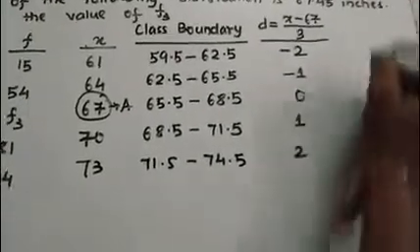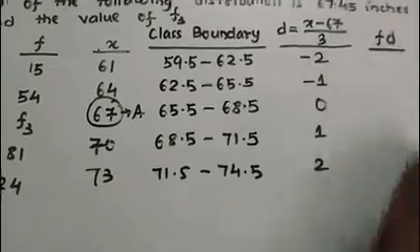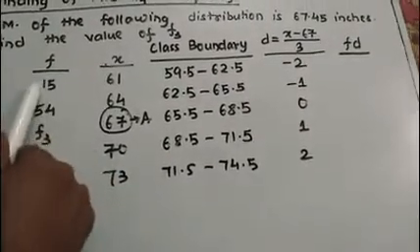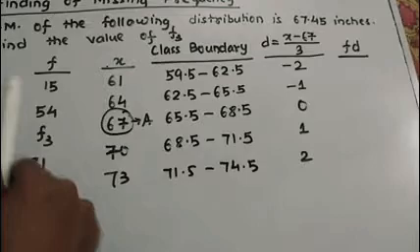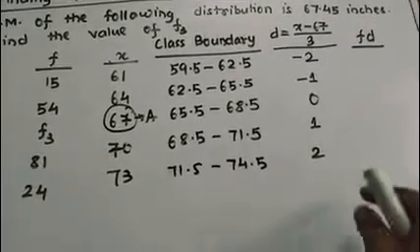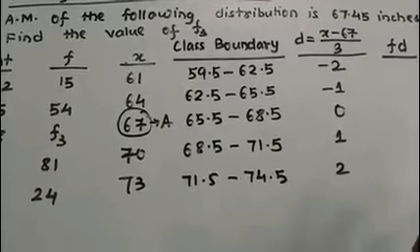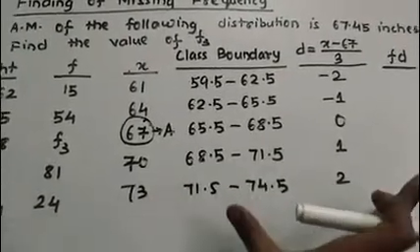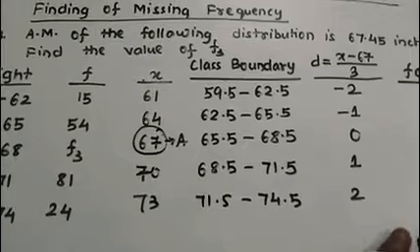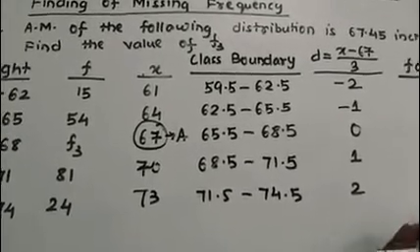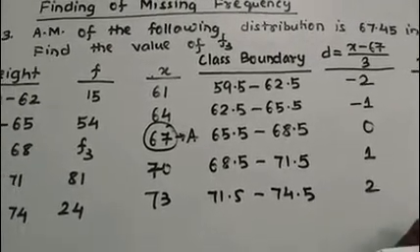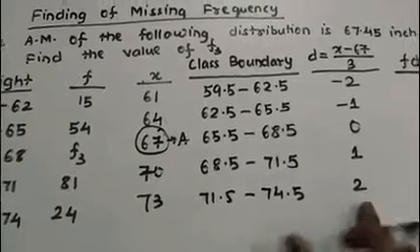Now next what we have to find, f into d. Where is our f? Here is our f. Be very careful while multiplying. If you are not sure, just put your finger on the two columns, then multiply. Because what most students do in the exam, instead of multiplying f into d, they multiply d into x. This happens in the exam hall.